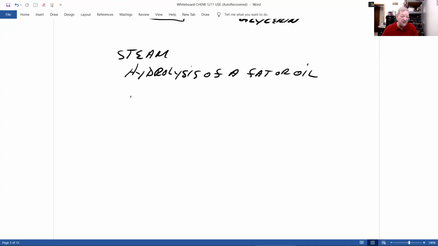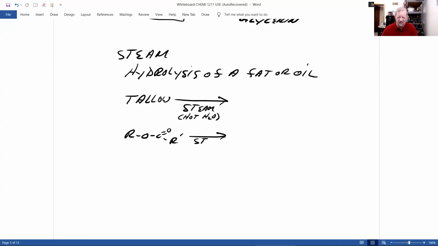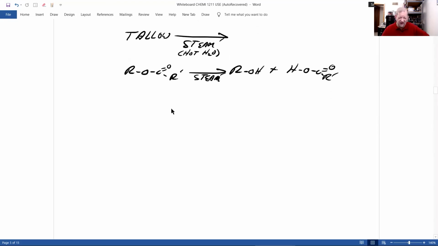In this case, let's start with tallow again. And now what's steam? Hot water. And let's remind you, it's the same as acid hydrolysis, except now we have steam. So it's the temperature, not the acid, that catalyzes it. And you get back the alcohol plus the carboxylic acid that you would use to make that ester. Well, tallow or white grease, yellow grease,